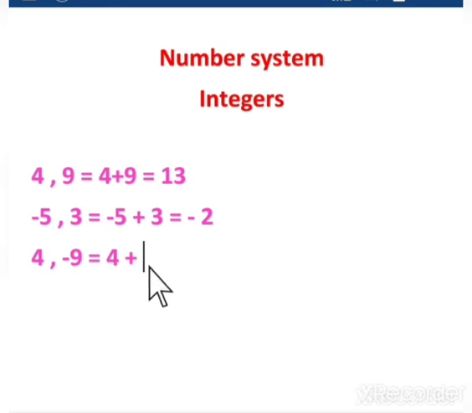So put the bracket and then put the number minus 9. So bracket minus 9, then bracket closed. First clear the bracket and then we solve the sum. First is 4. So 4, and next plus into minus is minus, isn't it? So minus sign, and the next number is 9. Now we are going to subtract these numbers. If we subtract these numbers, the answer will be 5, isn't it?